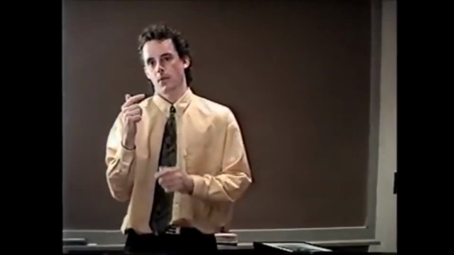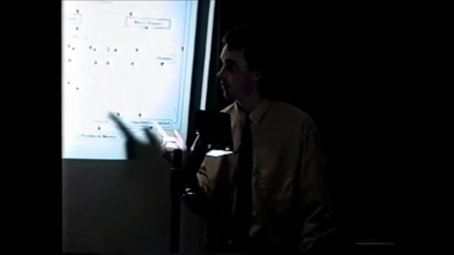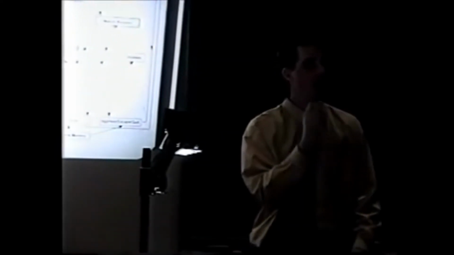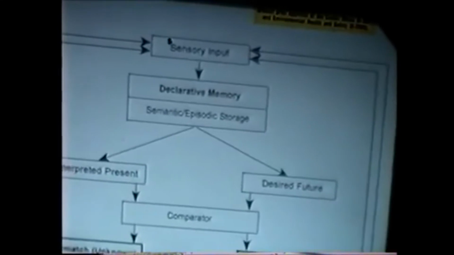Well, the fact of the object not being where it appears to be is an anomaly with regards to your current plan. And you'll react to that emotionally. The first thing that will happen is that, well, obviously you're going to be surprised, right? You think, this is pretty easy. I'm going to pick that up, and you find out that the thing that you see is not actually there. That's an anomaly. So, well, you contrasted your desired future, which was your aim when you moved your arm, with the actual outcome of your actions.